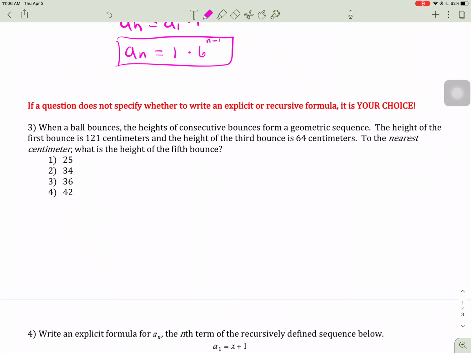This says when a ball bounces, the height of the consecutive bounces forms a geometric sequence. The height of the first bounce is 121 centimeters, and the height of the third bounce is 64 centimeters. To the nearest centimeter, what is the height of the fifth bounce? Well, we know the first bounce is 121, and we don't know the second, but we know the third is 64. So how are we getting here? It's going down by a certain amount. How much is it going down by? Well, 121 minus 64